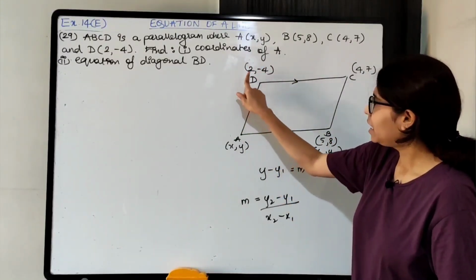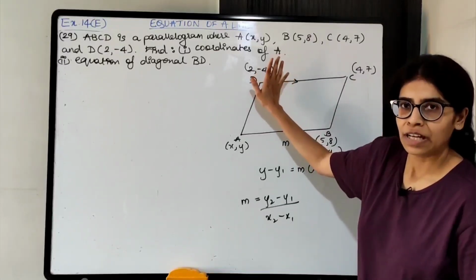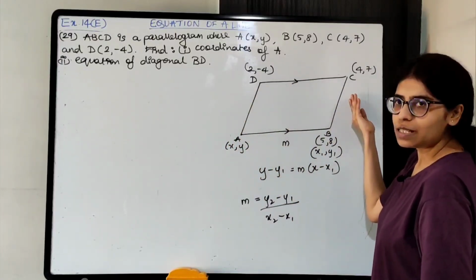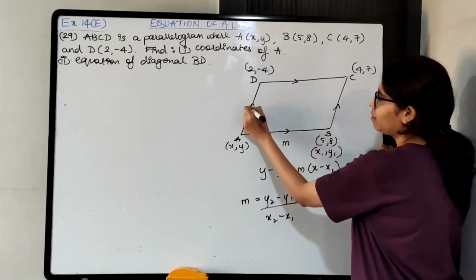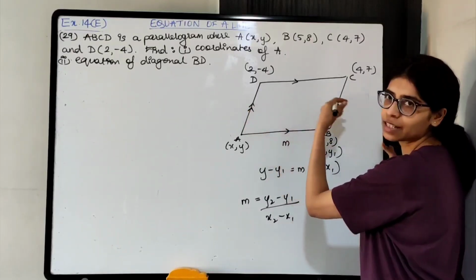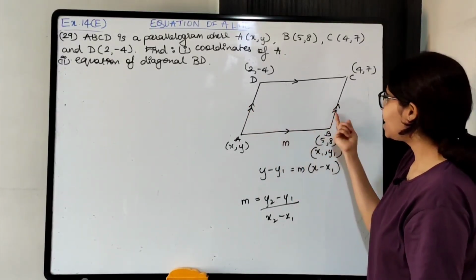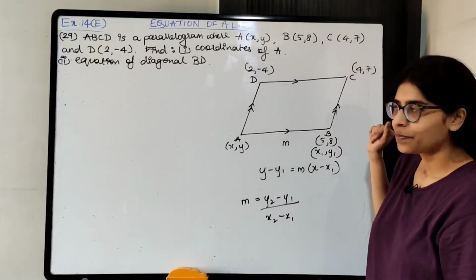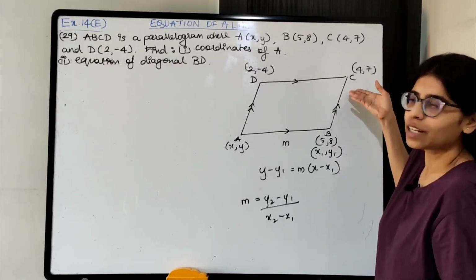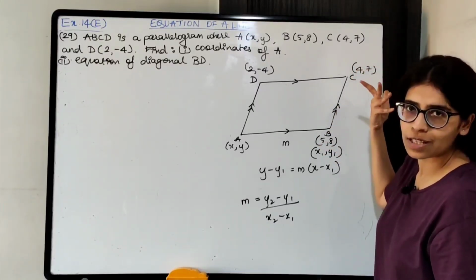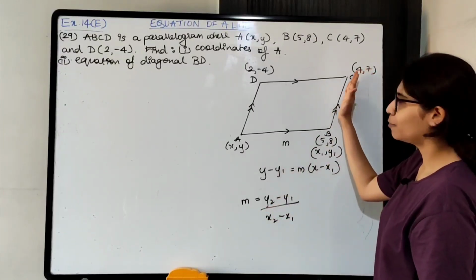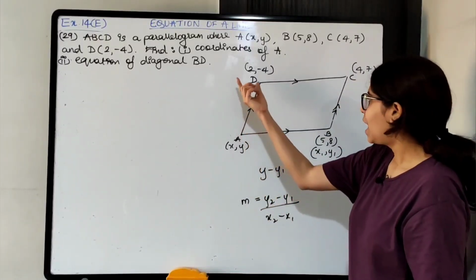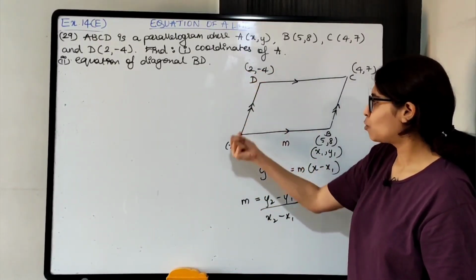Okay. I have D का coordinates. So यहाँ पे D हो जाएगा x1, y1 and AD का slope मुझे find out करना है. AD is parallel to BC, है ना? These two lines are parallel, opposite sides of parallelogram. So since they are parallel, AD का slope is equal to BC का slope, है ना? तो BC का slope मुझे easily मिल जाएगा. I have coordinates of B, I have coordinates of C. Using the formula, I'll easily get the slope of BC. Once I get the slope of BC, it is equal to slope of AD. So I'll have slope, I'll have one point का coordinates, I'll easily get the equation of AD.